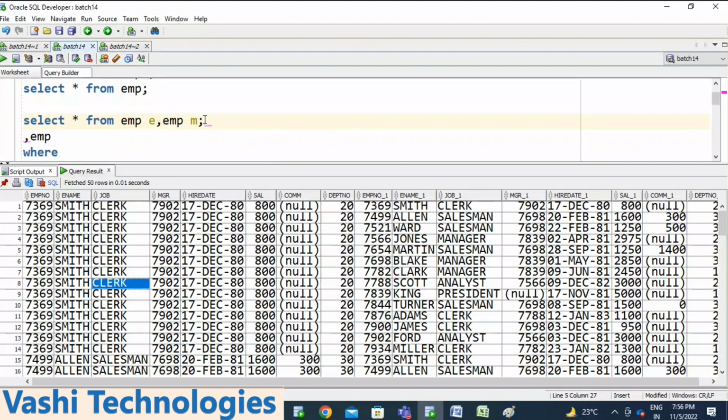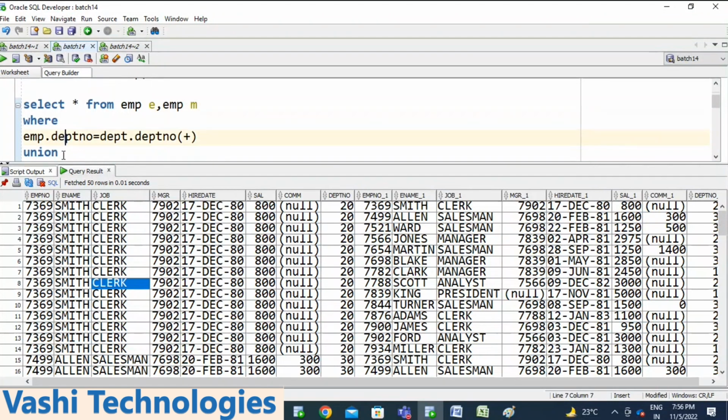So now I'm retrieving. Mention the employee table's manager ID, MGR, equals the manager table's employee number.